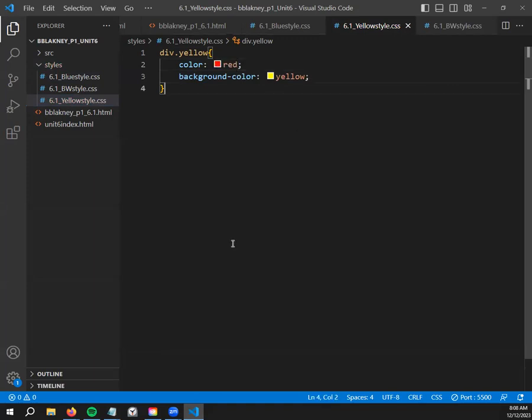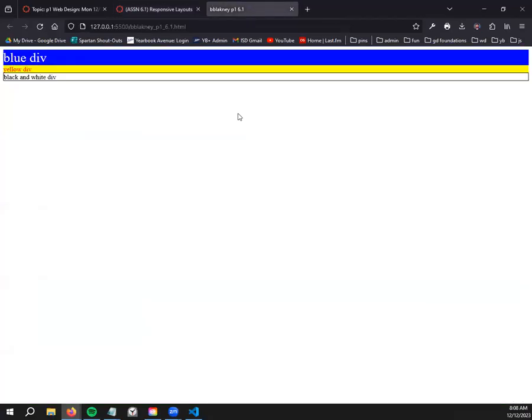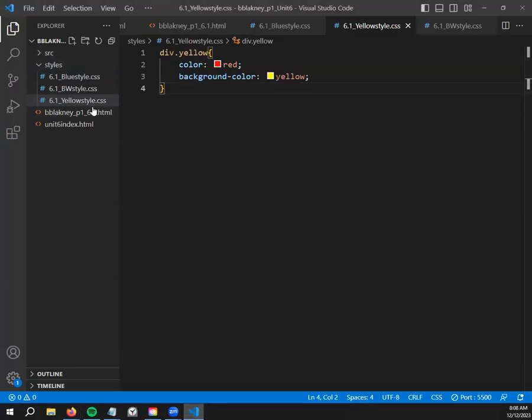Just like we did on the other div. Should look something like this. You can see a little highlighted yellow div situation happening here. And then the black and white div, we don't actually really need to